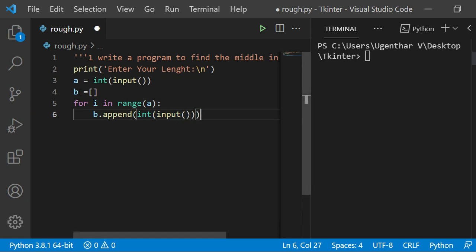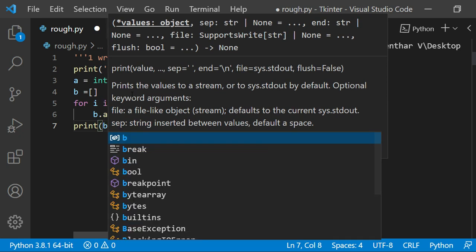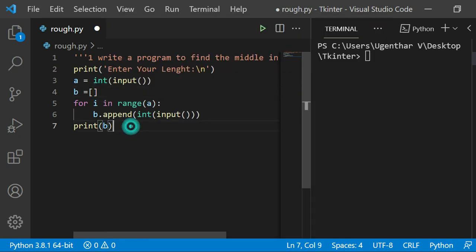This way, I can append each and every element into this array, and at last, after printing the array, I can get the list.